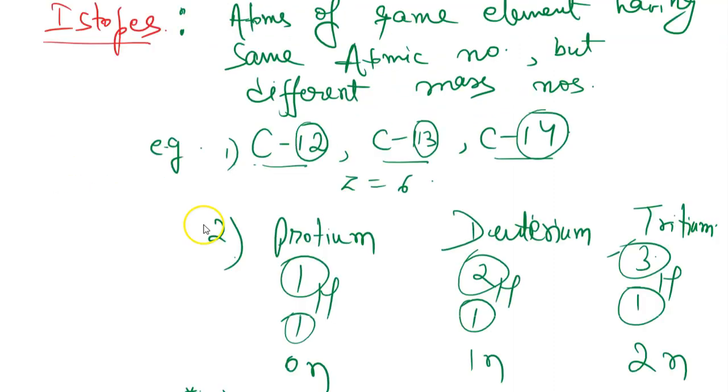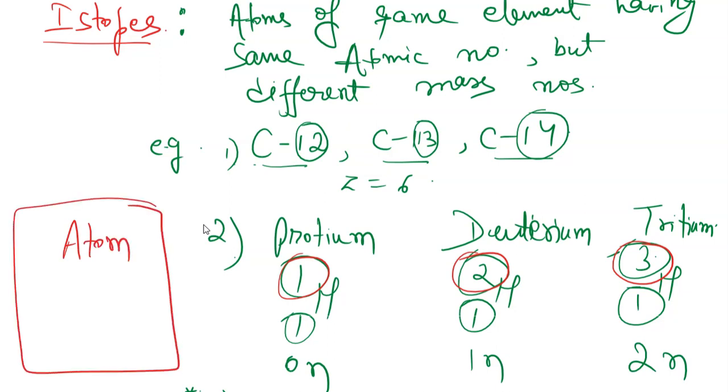You can see this 1, 2 and 3, these are the mass numbers. That means for any atom we can also remember its representation. How can I represent an atom? Let us say X is an atom represented by the symbol, and here we represent the atomic number, and here we represent its atomic mass or mass number. Let us see what isobars are.